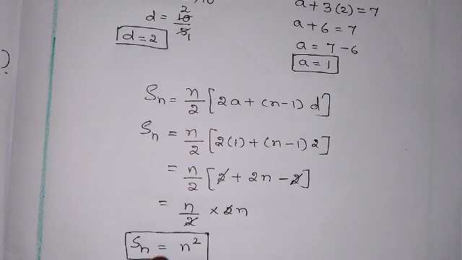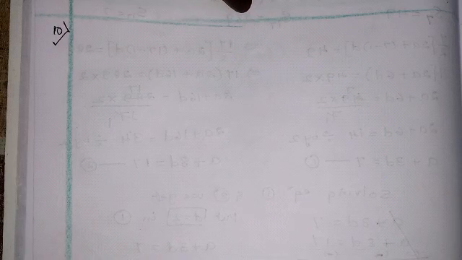Now let us go for the 10th question. Okay, question number 10. Let me read out the question. Show that A1, A2, A3 dots till AN form an AP where AN is defined as, two questions they have given in this problem. I'll do one question and you have to try one question yourself. Okay, let me do the first question, and you do the second question the same way.